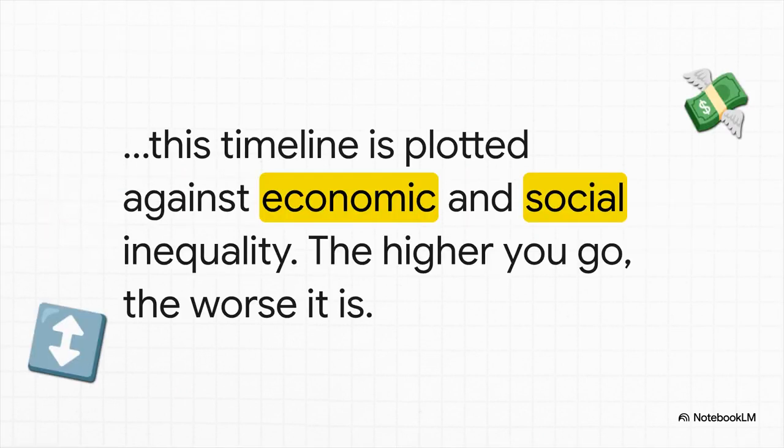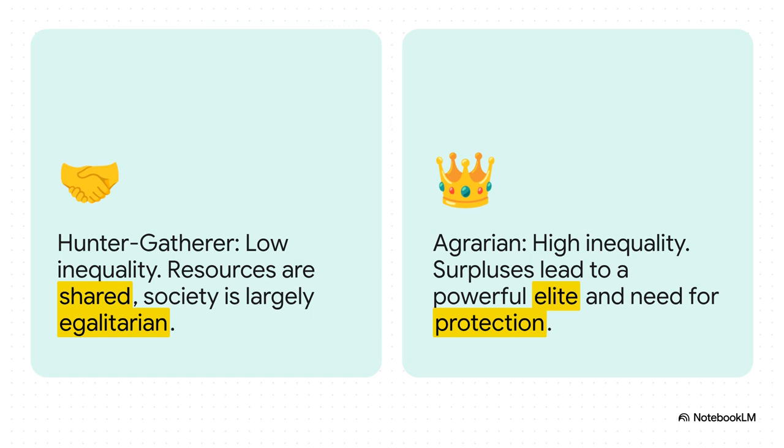That's our timeline. Now for the other part of our graph, the vertical line. And this is where we track inequality. The higher we go, the bigger the gap between the rich and the poor gets. So we've got time chugging along the bottom and inequality climbing up the side. Got it? Good. Way back in those early hunter-gatherer days, down in the bottom left of our chart, inequality was super low. I mean, everybody shared pretty much everything.